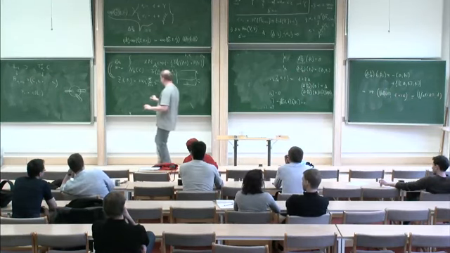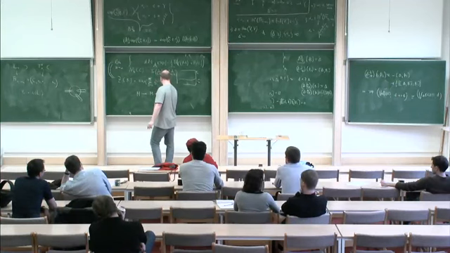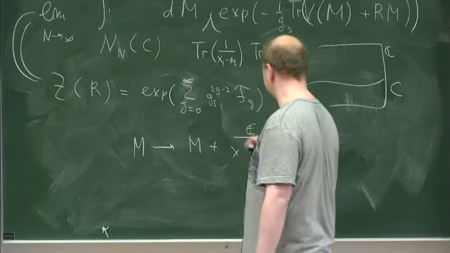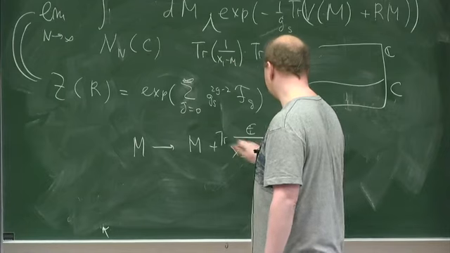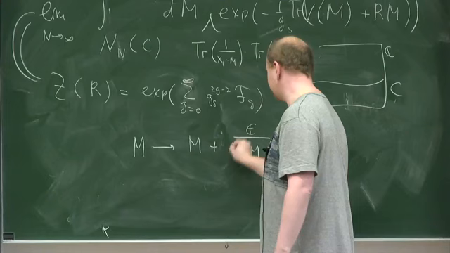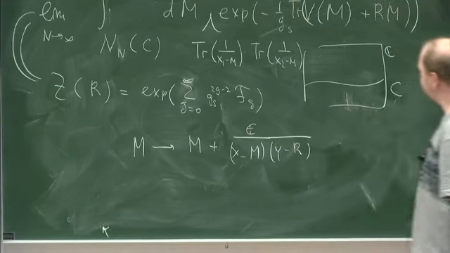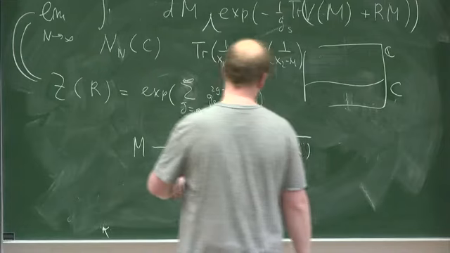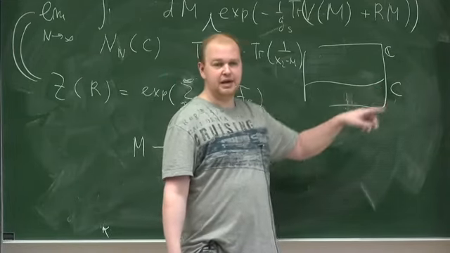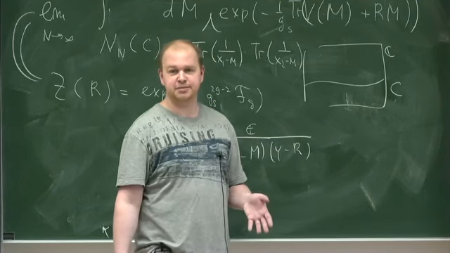I can change m by m plus epsilon, meaning that it's infinitesimal, times x minus m, so trace, maybe. Or maybe just like that, because then I'll take the trace automatically, times y minus r. So if you think a little bit about this infinitesimal change of variables, and okay, I haven't yet said what the measure is. The measure is a product of the natural measure I have on this contour, and so just z, and a Haar measure on the space of Hermitian matrices.